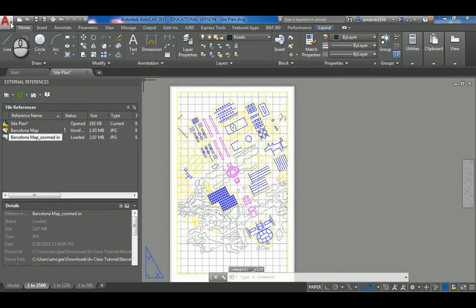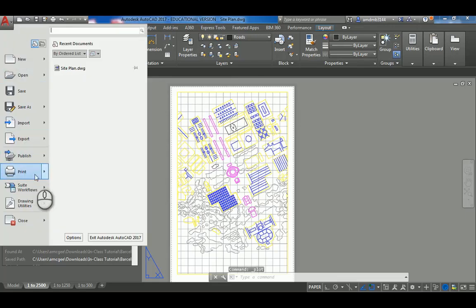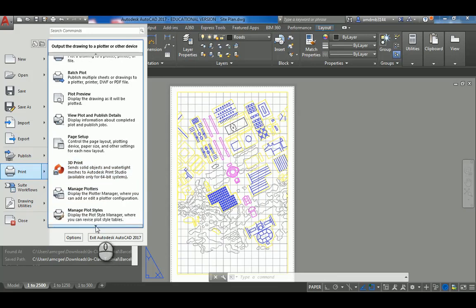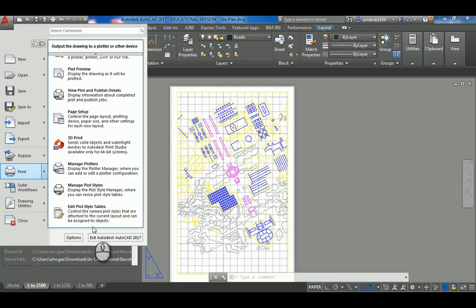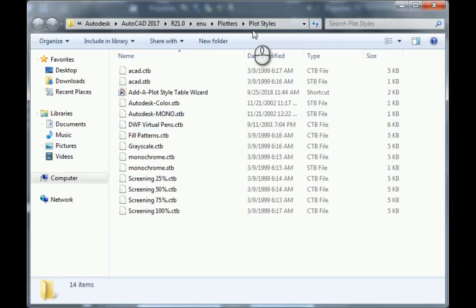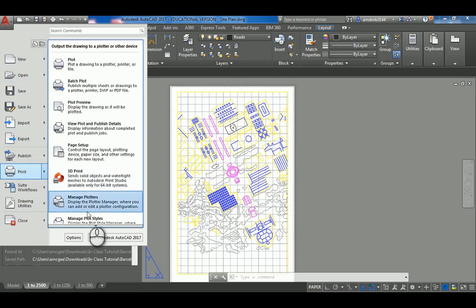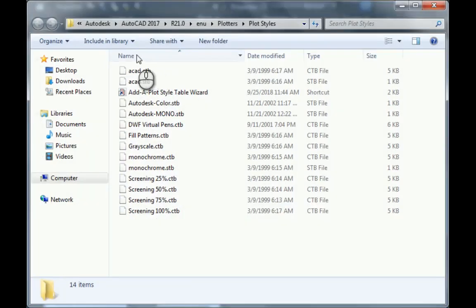if we go to our File menu, I believe in Print and Manage Plot Styles. Yeah, that should bring up where these other plot styles are located. So in File, in Print, and then Manage Plot Styles, that's just basically opening up the location folder for these